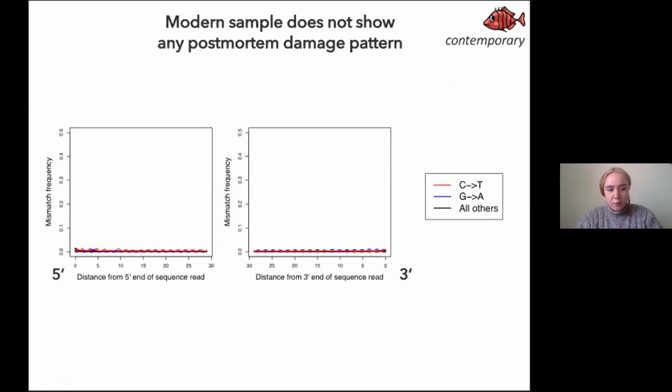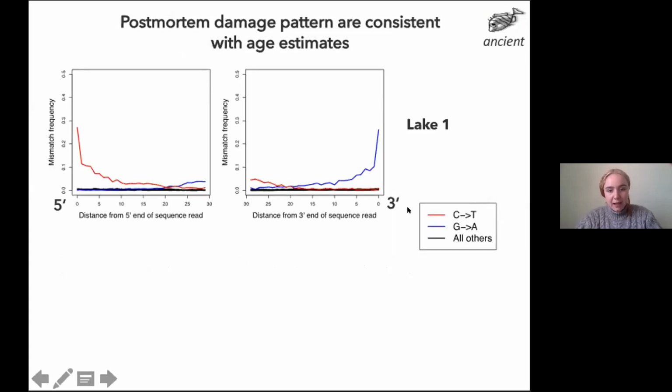So for example, for a modern sample, on the x-axis, we can see the distance from the 5' and the 3' end. And for the modern sample, you can see that the substitutions all stay at 0 throughout the whole DNA fragment. I actually included this little icon at the top to help you follow along whether I'm focusing on the contemporary or ancient sample in the corresponding analysis on the slide. So when we look at the same for the ancient sample,